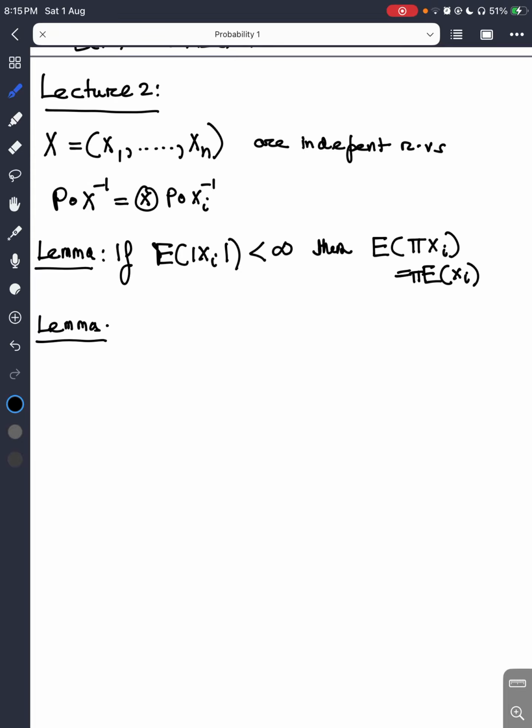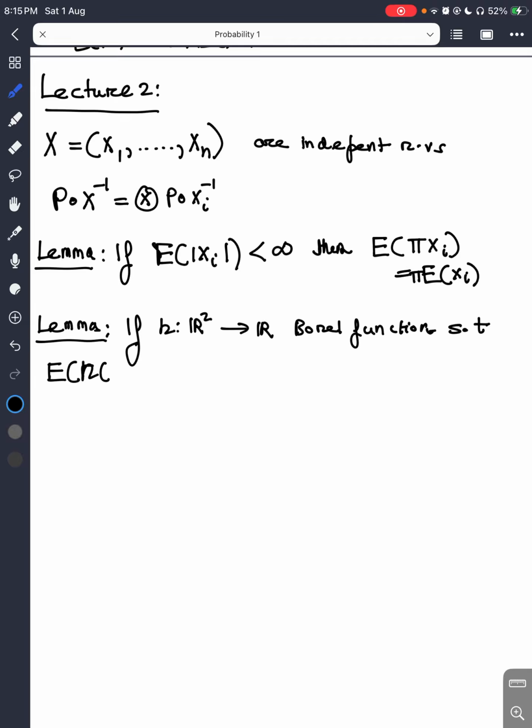which is: if h from R2 to R is a Borel function such that the expectation of h(X, Y) is finite, then the expectation of h(X, Y)